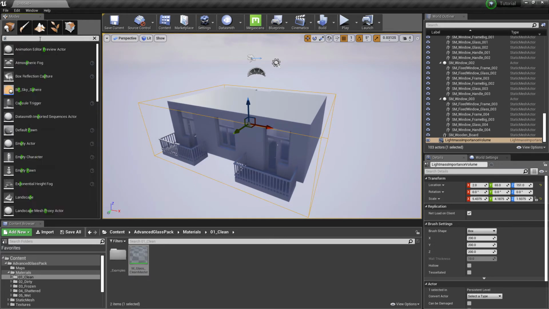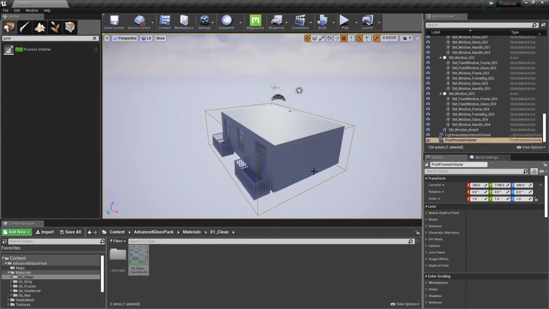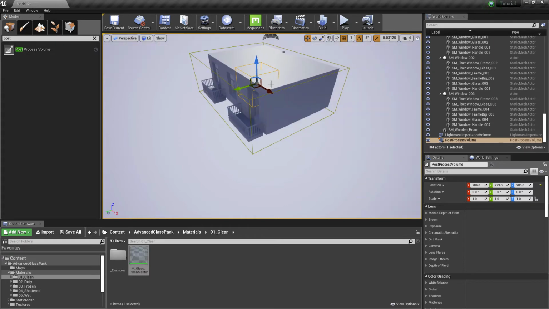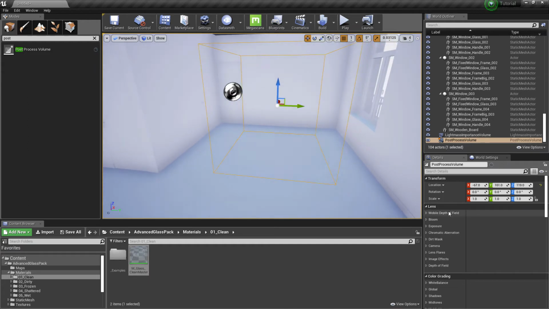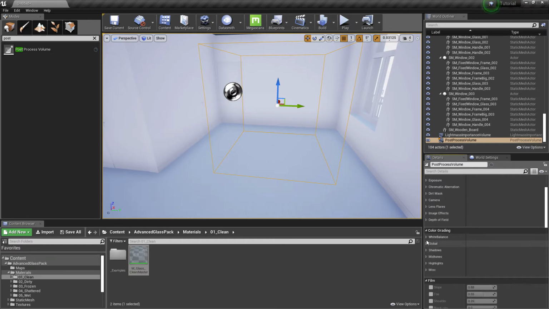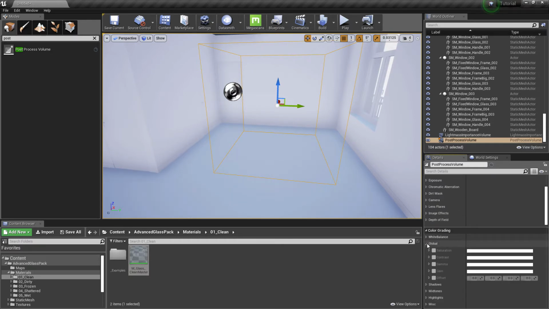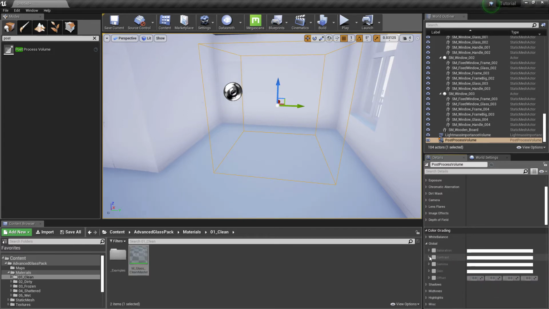We are now going to add another actor called post-process volume. If you are familiar with Photoshop, then this is going to be a breeze for you.